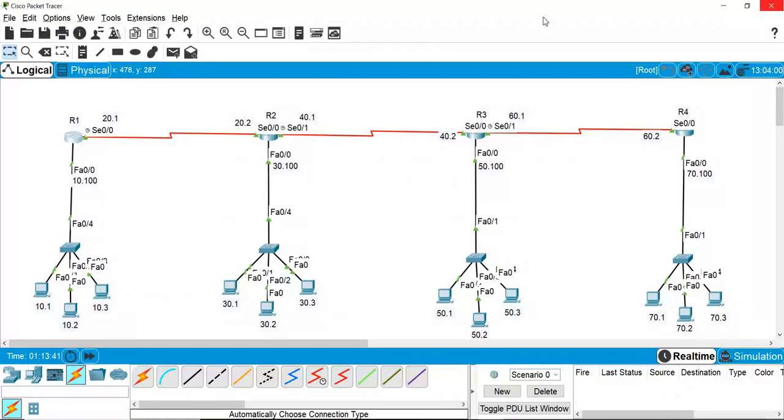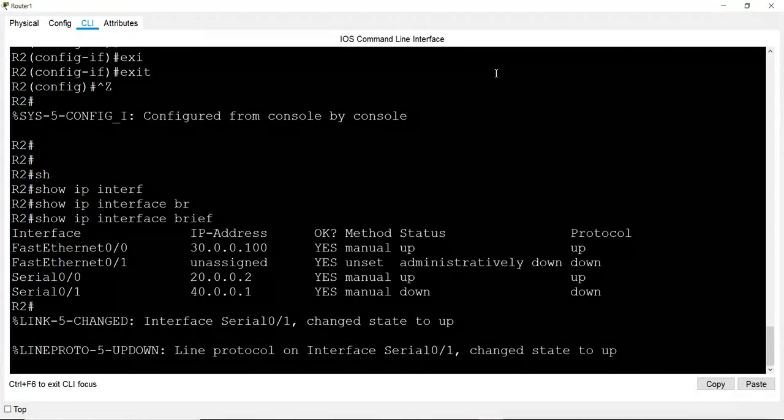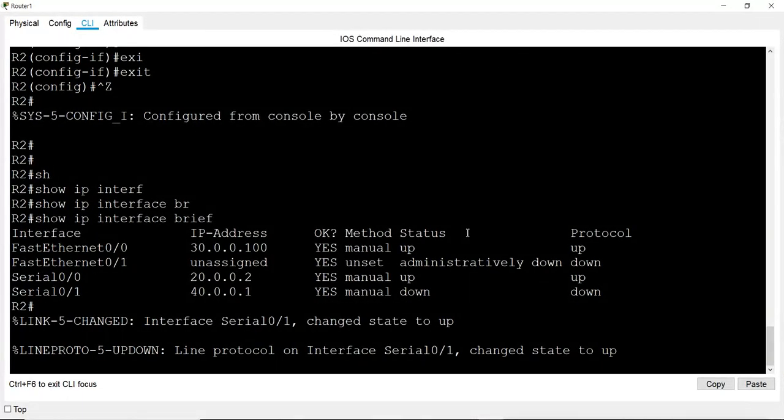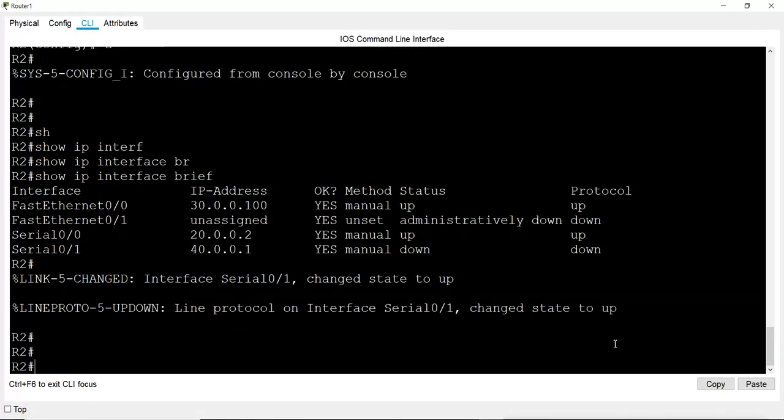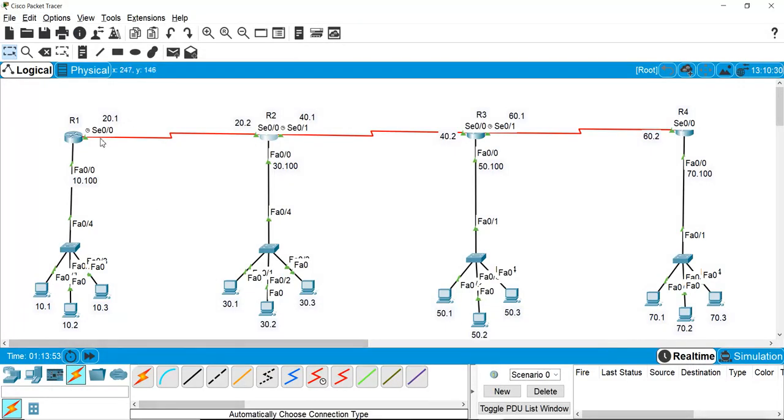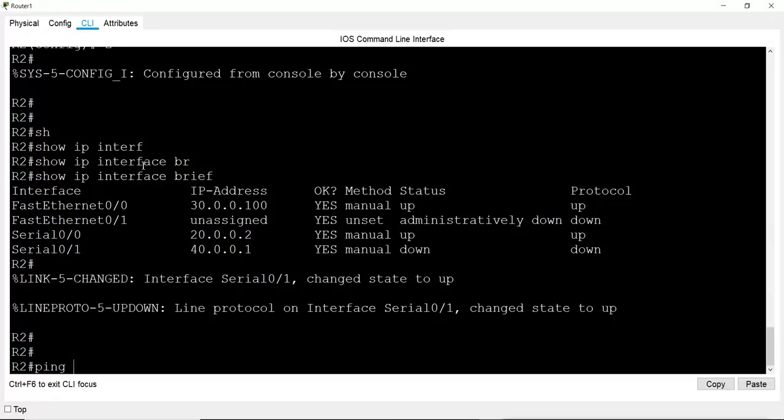And if you go to router 2, router 2 is also connected to router 1 and router 3. So if you ping router 1, you can ping from router 2 to the IP 20.0.0.1.